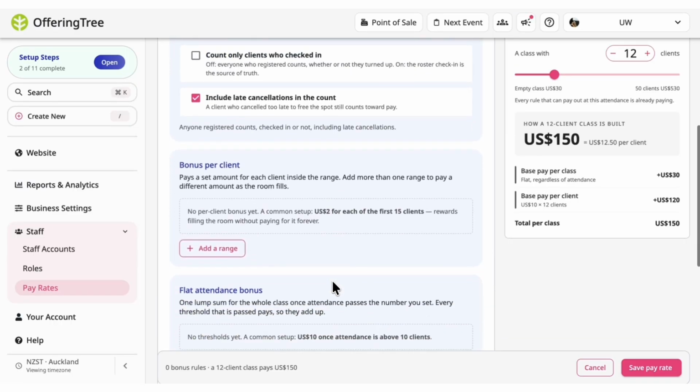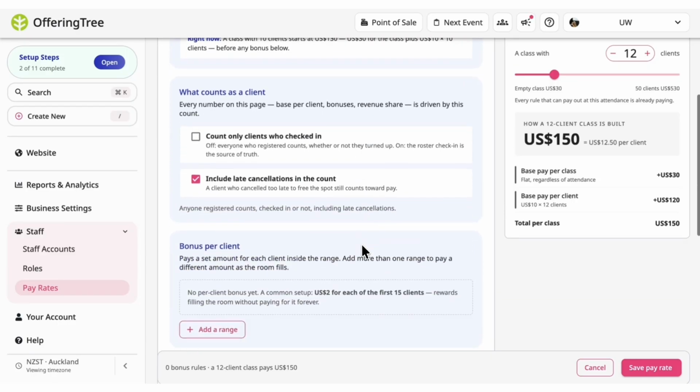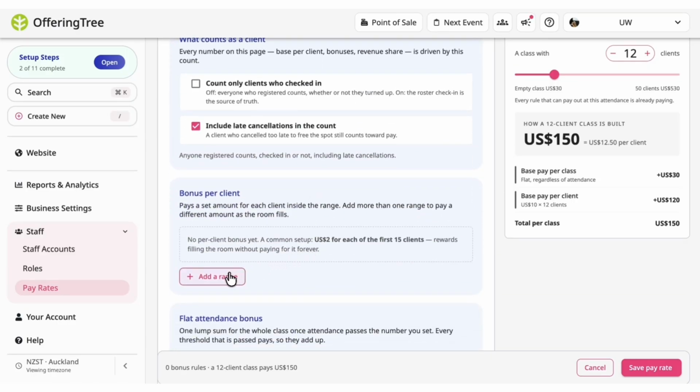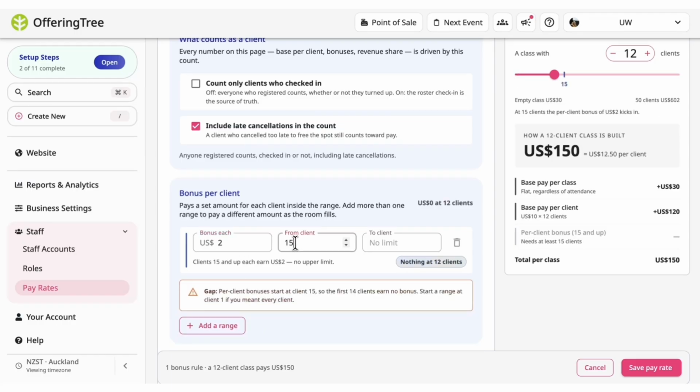And you can also set up bonuses. So for example, if you have bigger classes and you want to say that over a certain number, they will get an extra bonus. So maybe instead of $10 per head, after 15, they would get $12 per head. So the way you would do that is you add a range and you say an extra $2 from 15